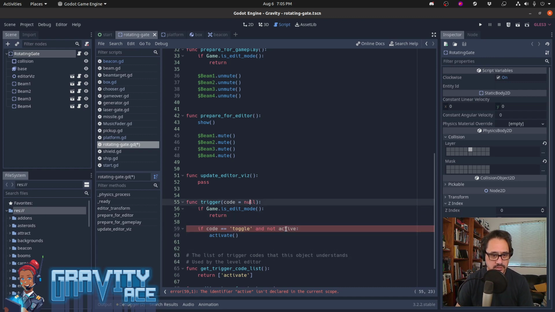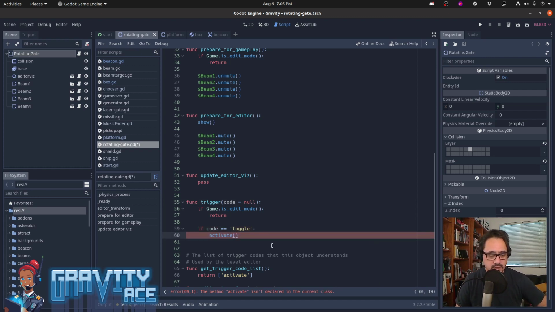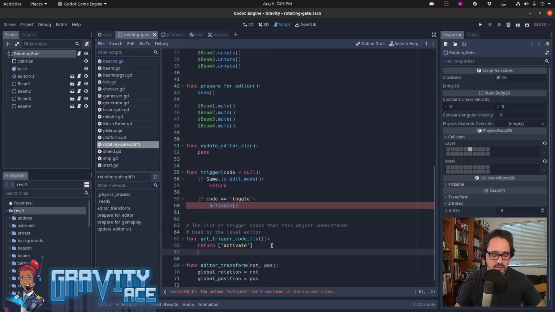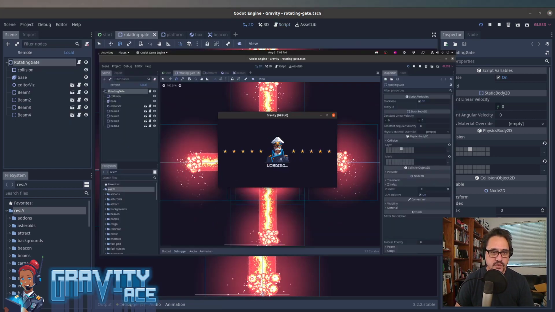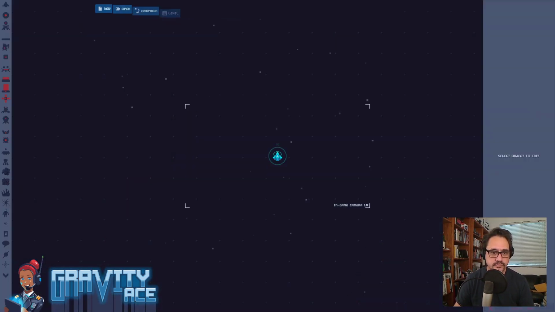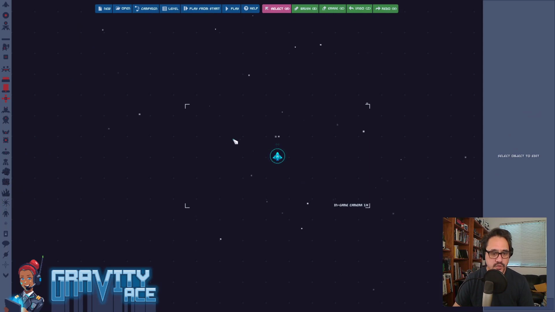So the way, let me just show you, well, I guess I can't. Let me delete this real quick so I can show you how this is supposed to work. So if you go into the editor, you can have like an object like, oops. You can have an object like